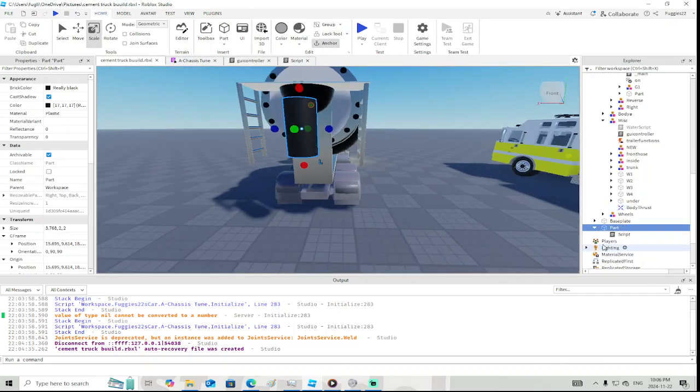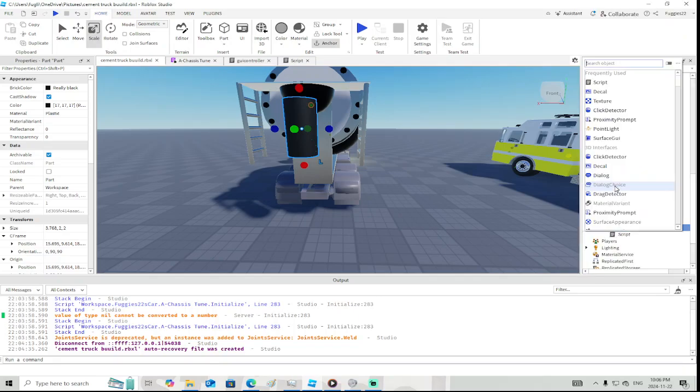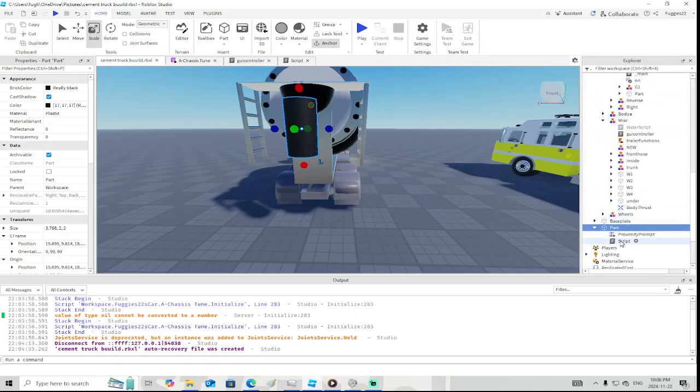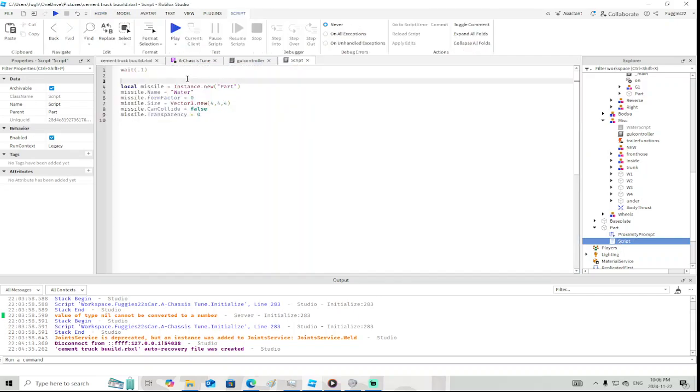Let's insert an object, a proximity prompt. This will be the easiest way to test it. I'll just make a button, and then every time you fire the button,